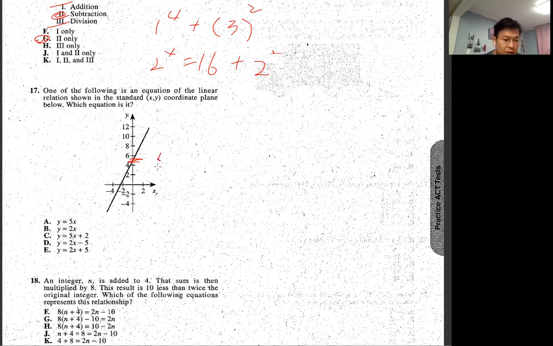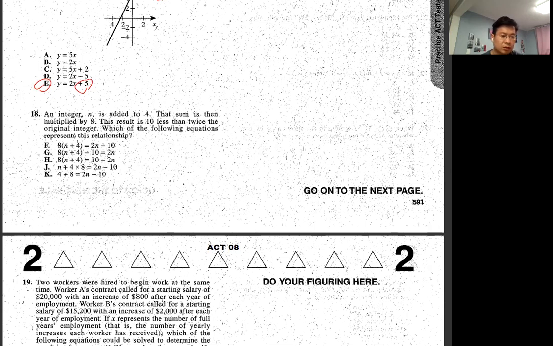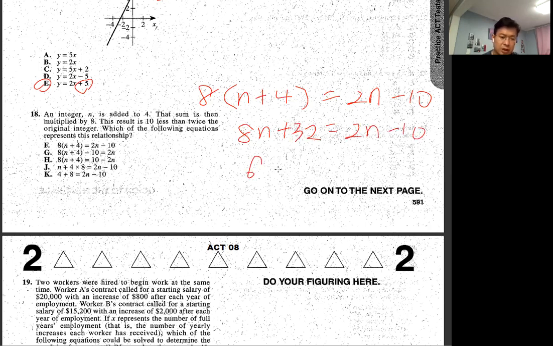So y-intercept is 5. So 5, this one only. Now you can double check, plug any numbers with this one. Integer n is added to 4. The sum n plus 4, then multiply by 8. Result is 10 less than twice the original integer. This, right? So 8n plus 32 equals 2n minus 10. 6n equals minus 42. Oh, you don't need to do it. Okay. I'll just add